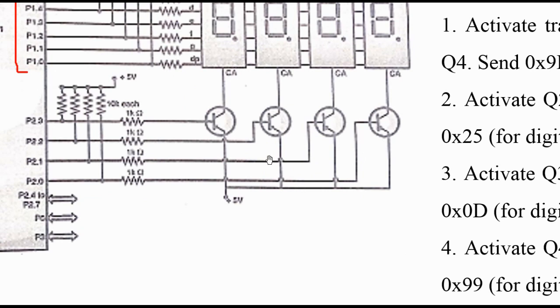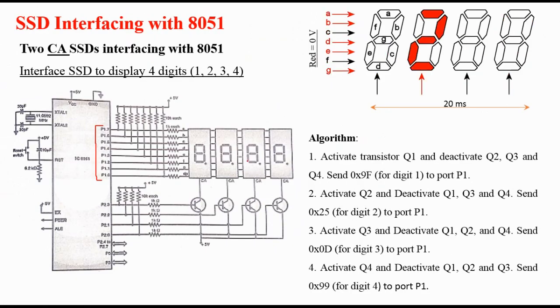The PNP transistors are used because this is high side switching. Later on you can ask me what high side switching means, why only PNP transistors are used for high side switching, and why we prefer NPN transistors for low side switching. It is part of electronics design, so we are skipping it here. Those transistors are interfaced to the microcontroller by using some resistors.